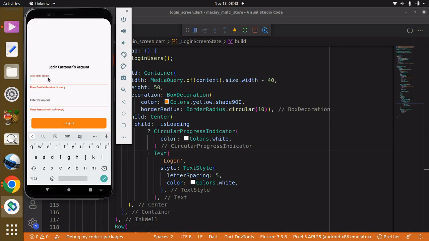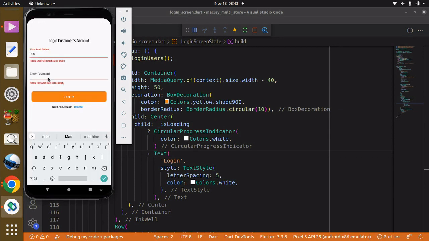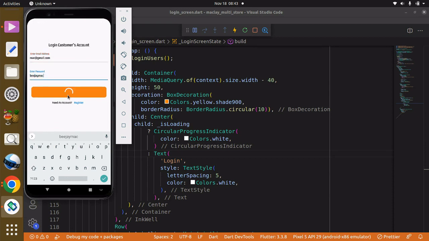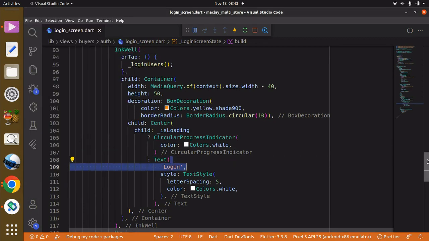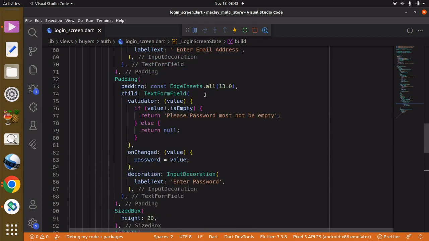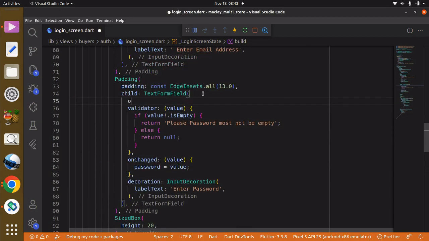And I have an account, mac@gmail.com, and the password is BEEJAYMAC. Login, and you can see, and also we can hide our password, right? And this should take us to the home screen. Okay, great. And also we can hide our password within the text form field. It has a property known as obscureText, and we can set this to true. I think, right? By default it is set to